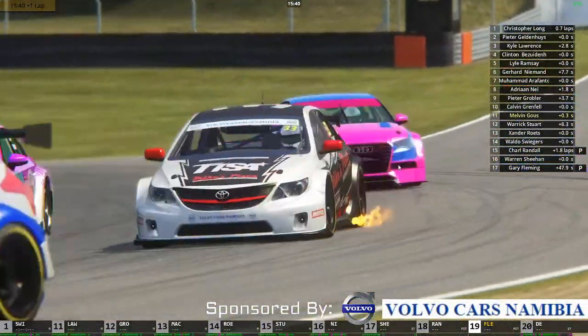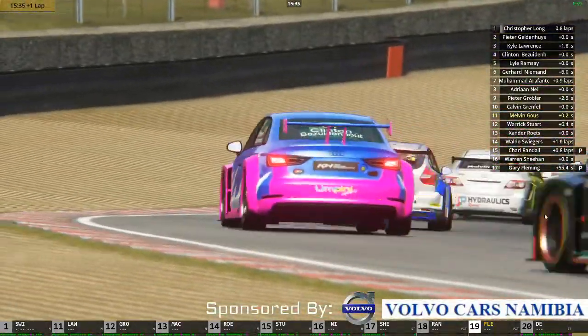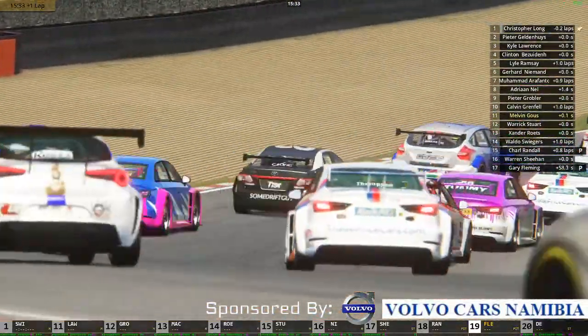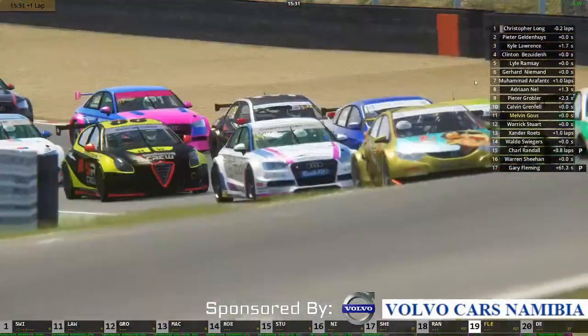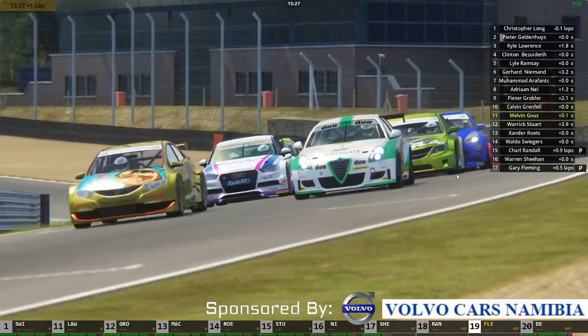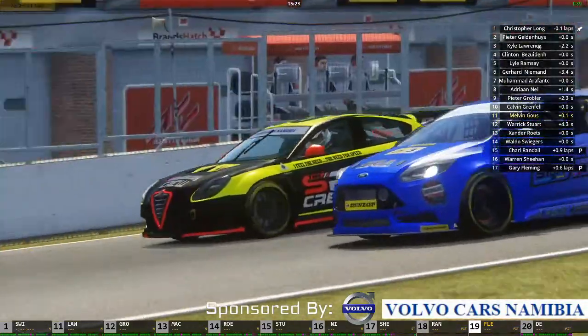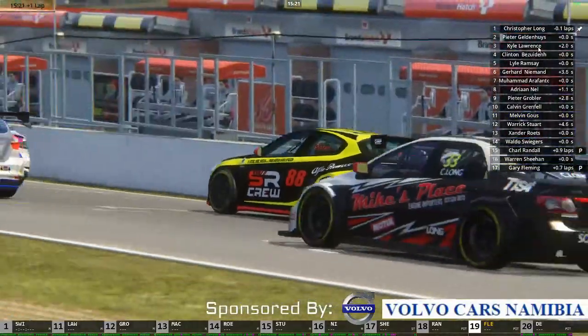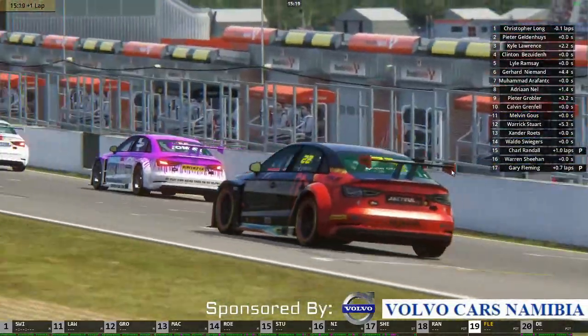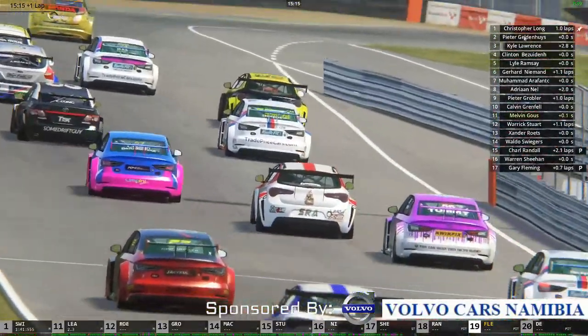Right, so they come up the hill. And as they come across the line, it'll be all systems go. It will all go on the base car. Veldmaas will be there on that front row of the grid. Our Lawrence is here as well. Looks like our leaderboard has not in fact sorted itself out. We're going to have to try and work it out as we go, as the leaders work their way down